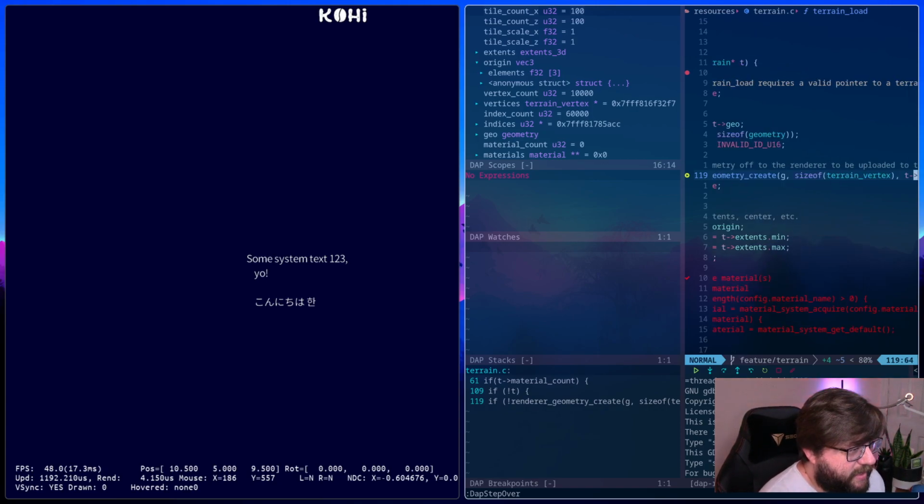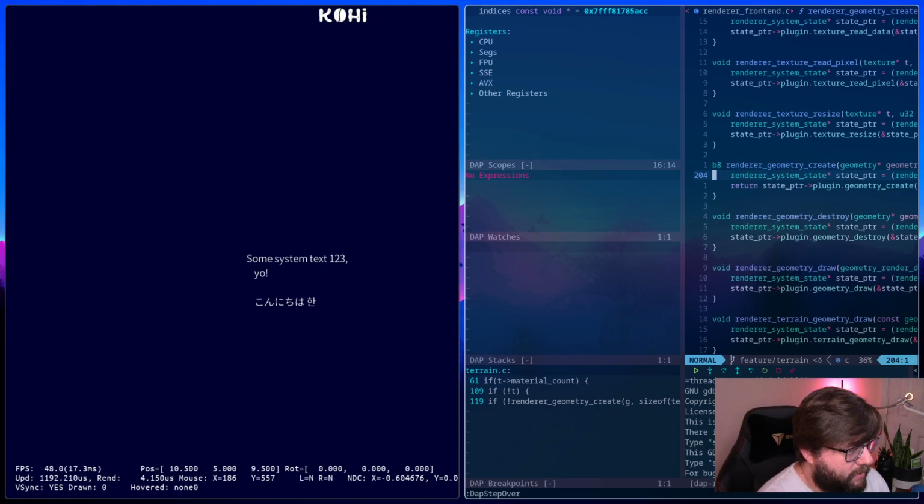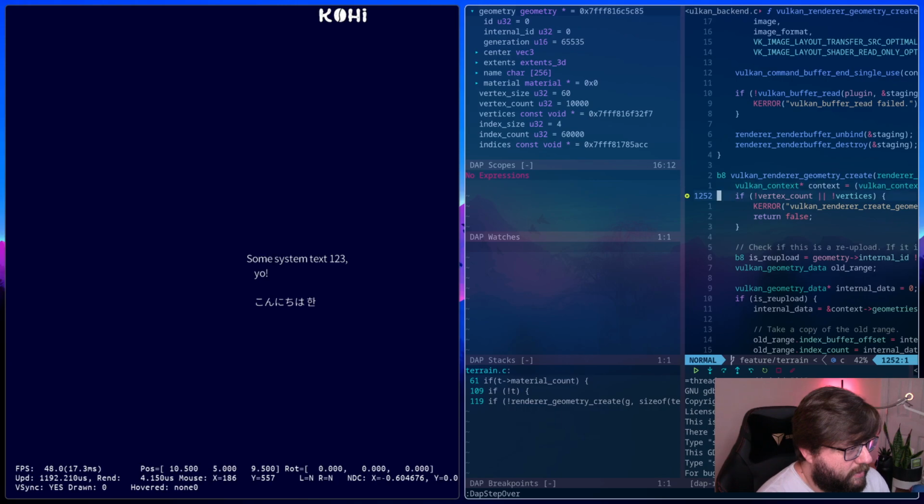So we pass the size of a vertex, the vertex count, the array of vertices, the size, the count, and the array of indices. Okay, so if I step into that one, vertex count, index count.